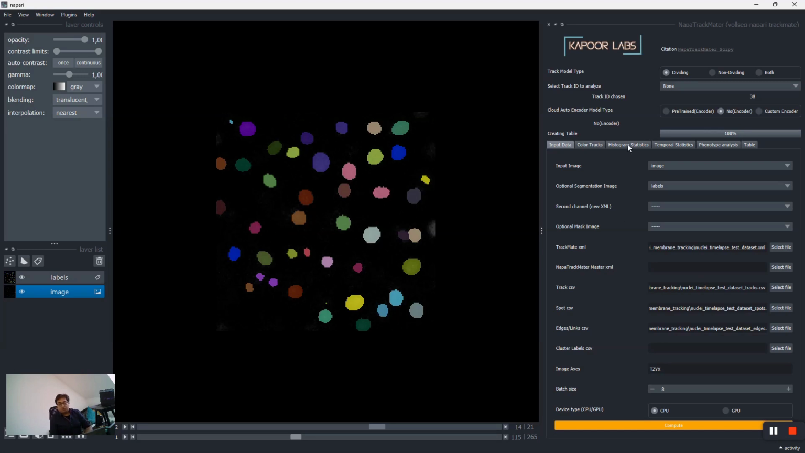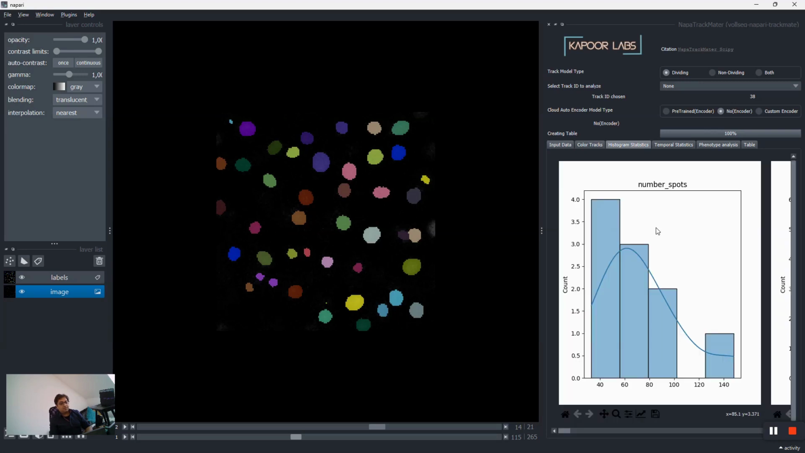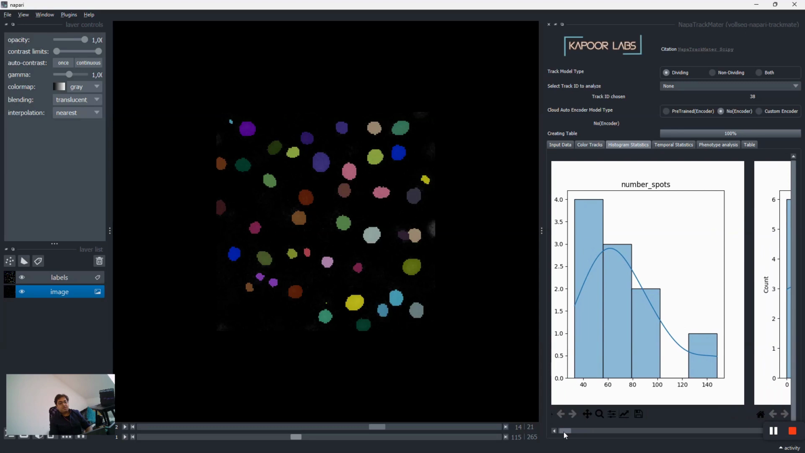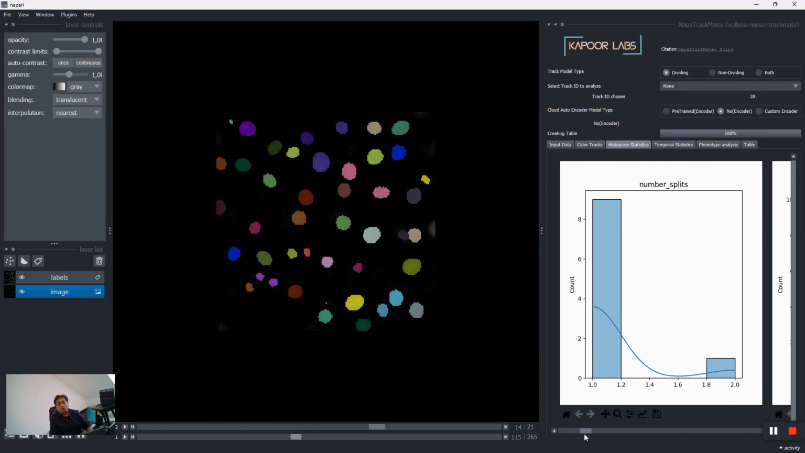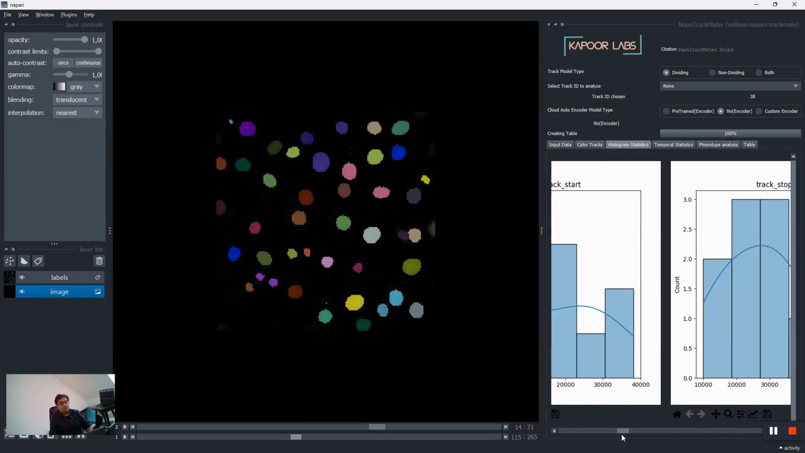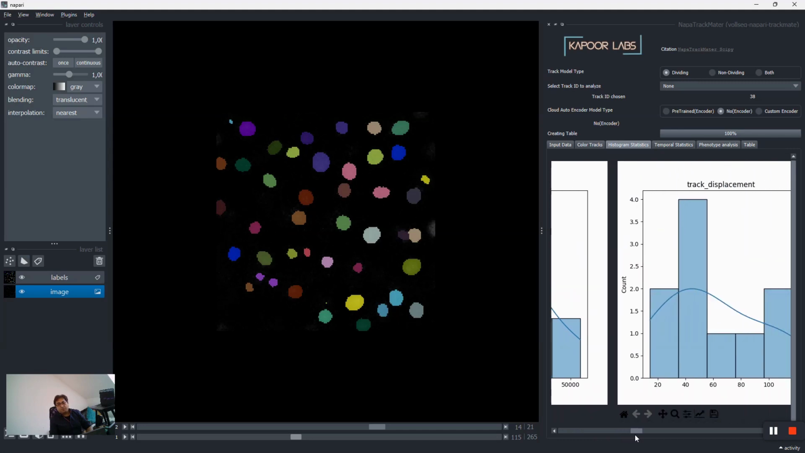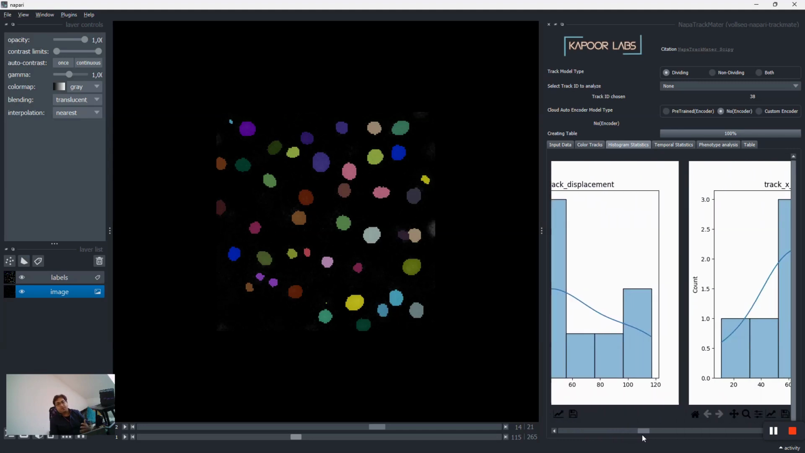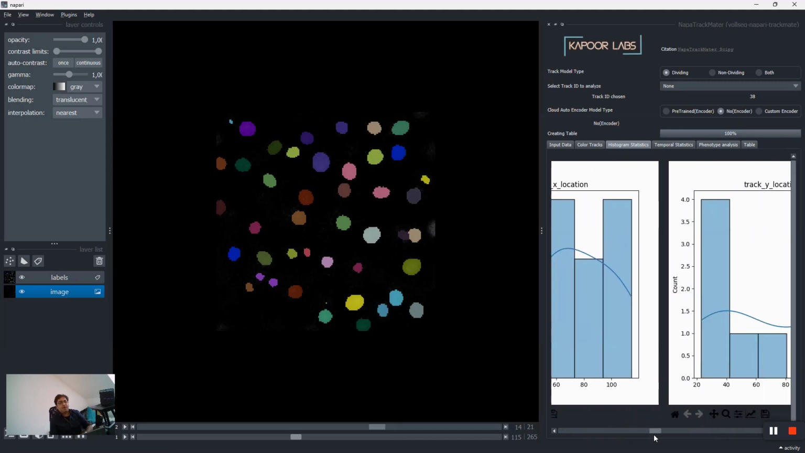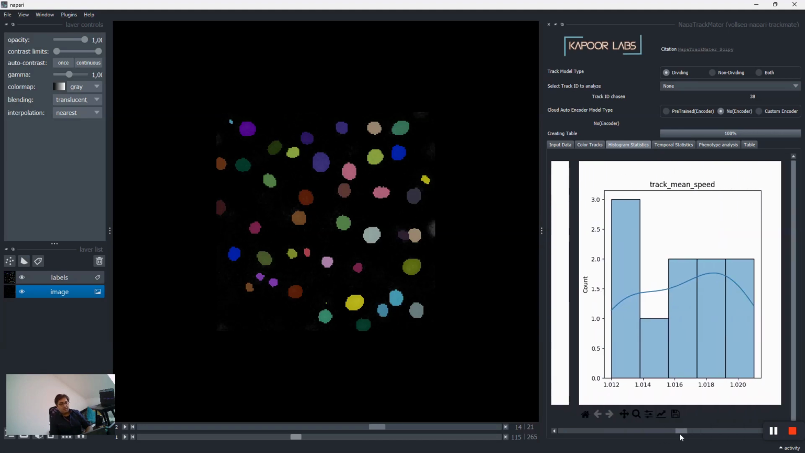And not just all the tracks, you get some statistical plots out of them. For example, here you can see I have some statistics on the number of spots, gaps, or the starting point, the displacement of the tracks. You have some statistics about the mean speed of your tracks, and all of this is for dividing tracks because that's by default